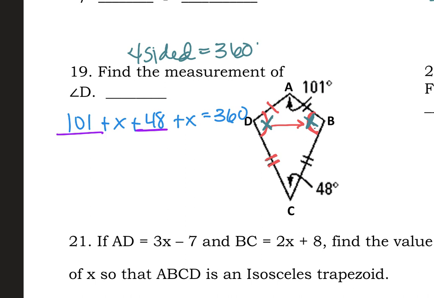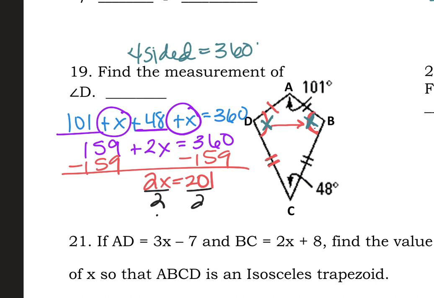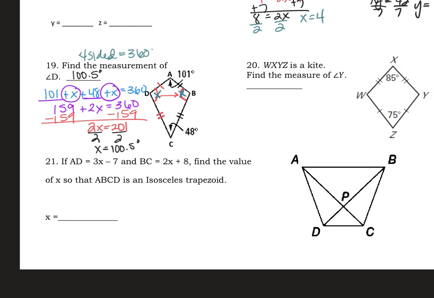101 plus 48, that's going to give us 159. 1X plus another X, that's going to give us 2 X's. We'll bring down the 360. All right, we'll subtract 159. And 2X is going to equal 201. We'll divide by 2. So your X ends up being 100.5 degrees. And it's okay if you got a decimal there, okay? All right, you guys will do number